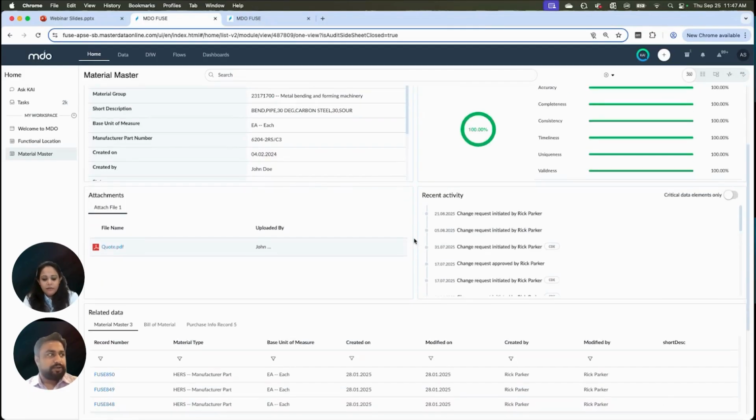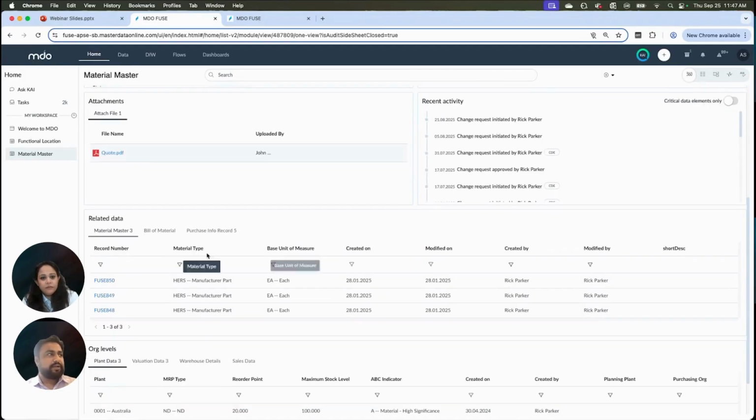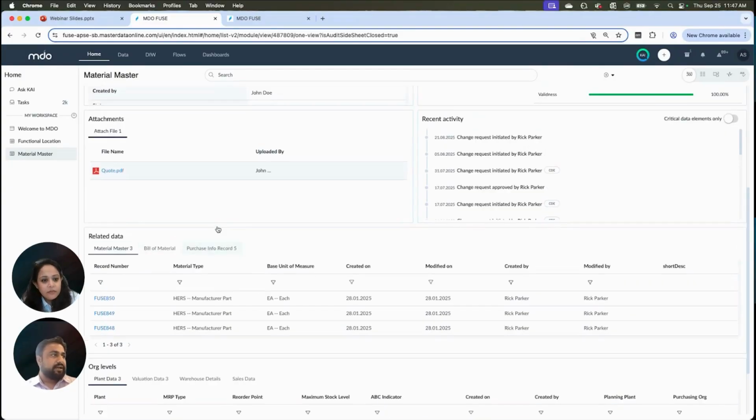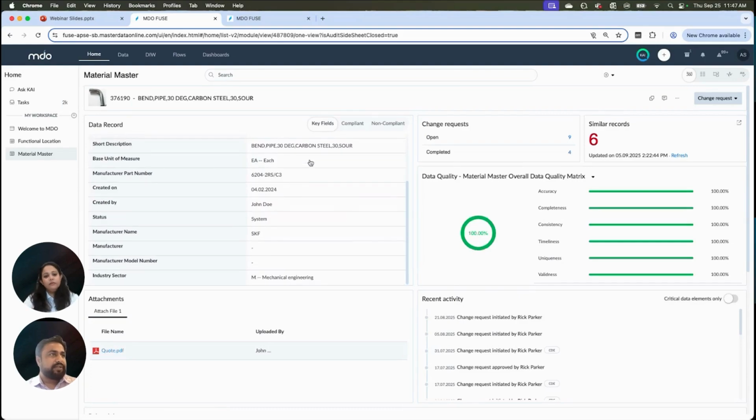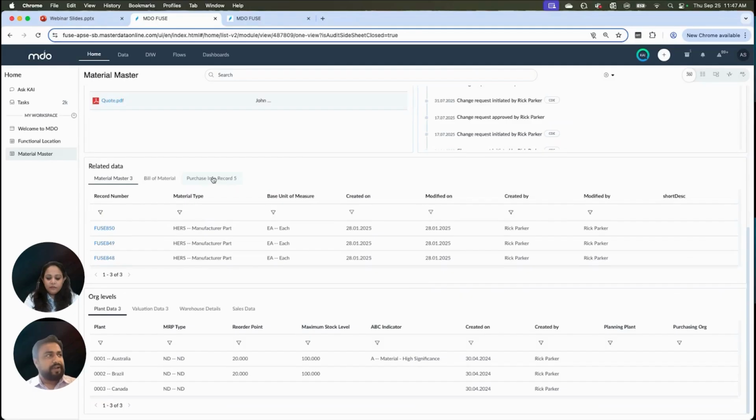Yes. So the related data sets, like we have currently shown you the three different data sets, and it's showing that this particular spare part record is linked with three of the HERS records, and then there are five different purchase info records. Furthermore, if we have reference or child data sets in other data sets as well, that can be added and configured to show more data sets.